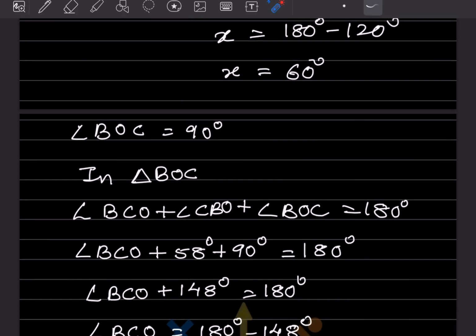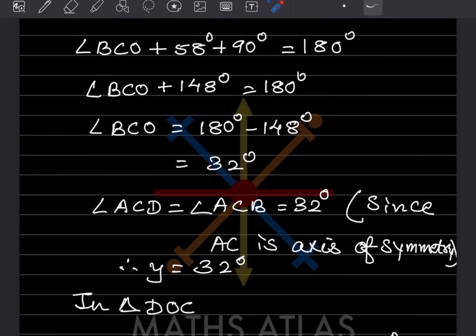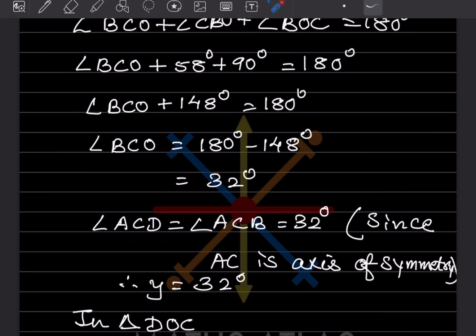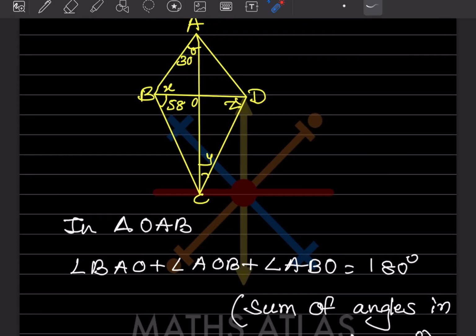So that will be 58, that is given here, and BOC is 90, that is 180. So angle BCO plus this 148 is 180. So angle BCO is 180 minus 148, which is going to be 32. Now we will see angle ACD is equal to angle ACB, because ACD and ACB